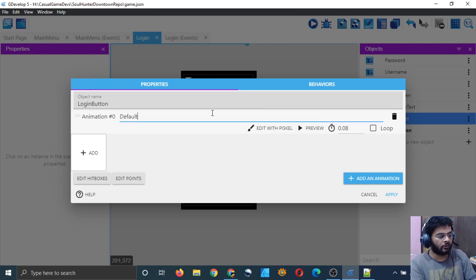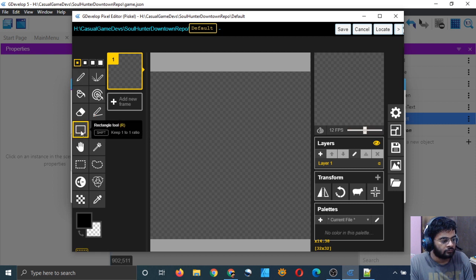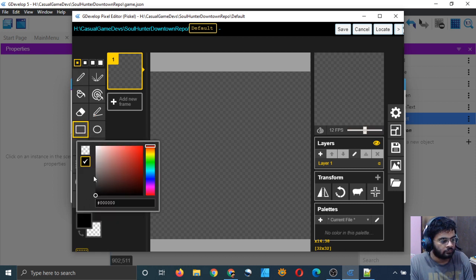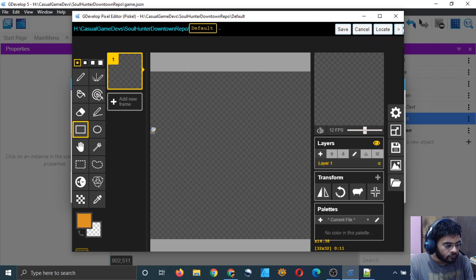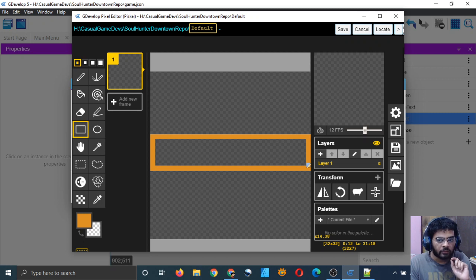This animation is default, and edit. 16 is the midpoint, and 16 of them are below, so I will just choose 2 above it, or 3, simply drag it like this. I hope it's in the center.